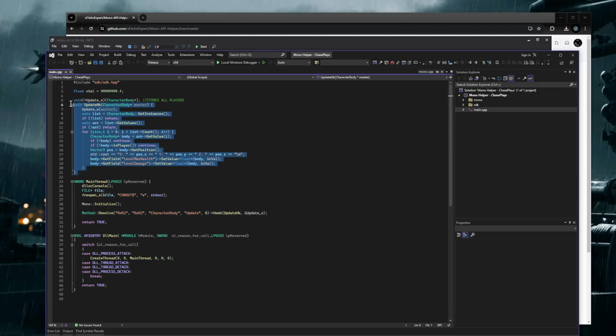We just create our detour, and then we have the original here. So right here, this method calls update on every single character body instance. So guys, that means you're going to have access to the entity list. But if you wanted to draw, since it's not actually a list, you would have to save this to a list. But right here, I don't know why I have it like this. I'm already hooking it, so I already have the instances. You wouldn't need to do this if you had